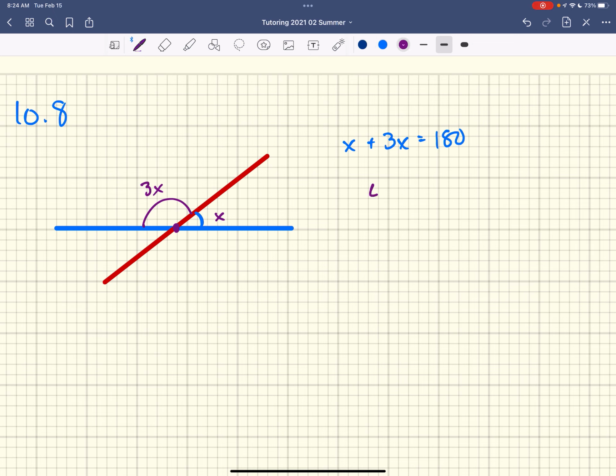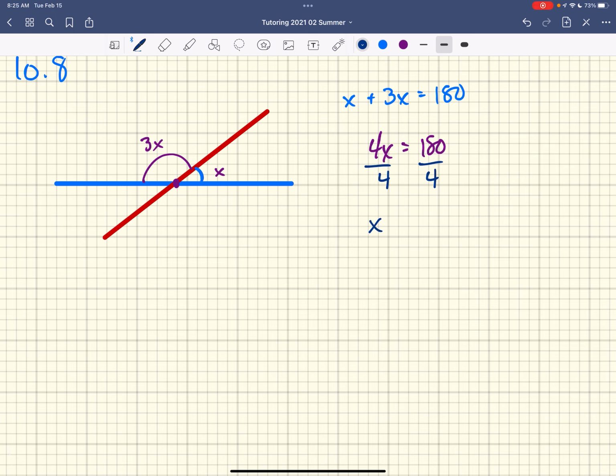Now, of course, x and 3x we can combine to make 4x. Essentially, it's like we're saying we have 4 different parts to this system right now. Each one of those parts is some number of degrees, and the 4 parts together add up to 180 degrees. Or you might just think to yourself, well, this is an algebraic equation. We can simply solve this by dividing both sides by 4, and when you do that, you get that x is 45. So this must be a 45-degree angle. And on the other side, it would be 3 times as much. That is, it would be a